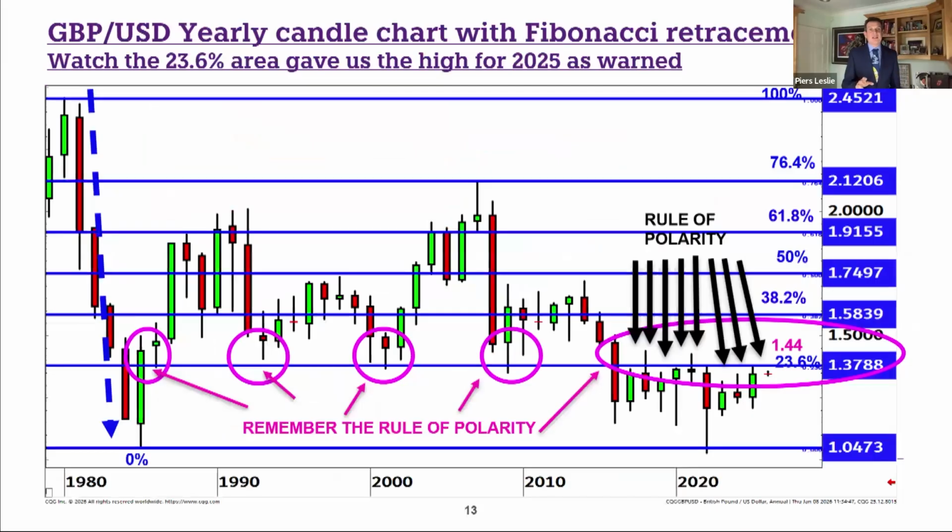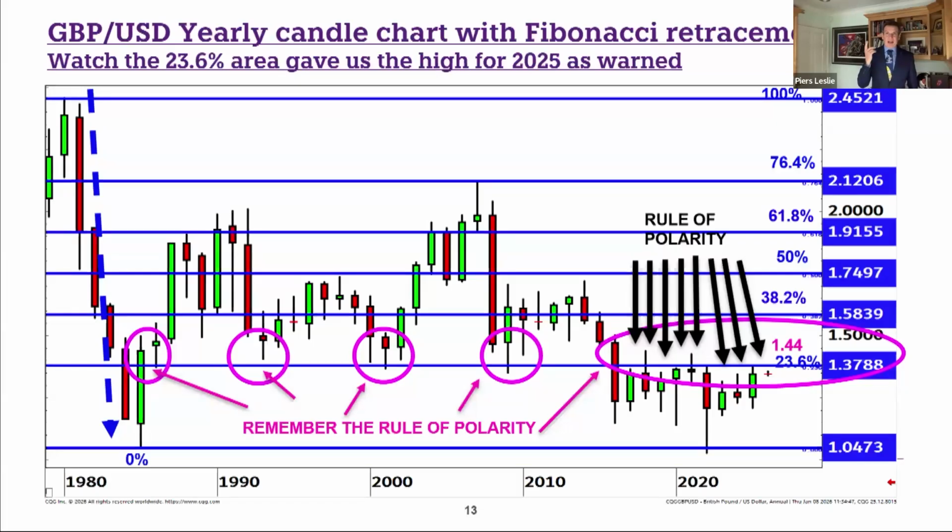Now, this is sterling dollar. And I really like this sterling dollar chart because it has helped us a lot. This chart and its retracements have helped me since I started in the FX markets in the 1980s. It helped me a lot last year because in April, I warned that we were approaching the 23.6% retracement. That level in sterling dollar has capped sterling dollar since Brexit. It was 137.88. It touched that 137.88 area and it fell back down. It just fell off it. It's where the long-term sellers are in.